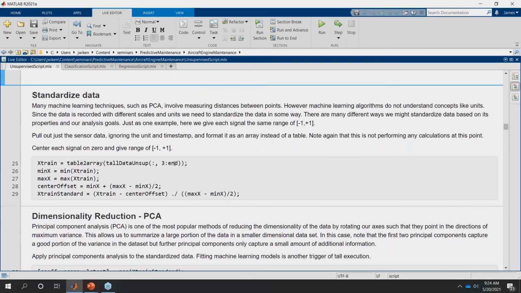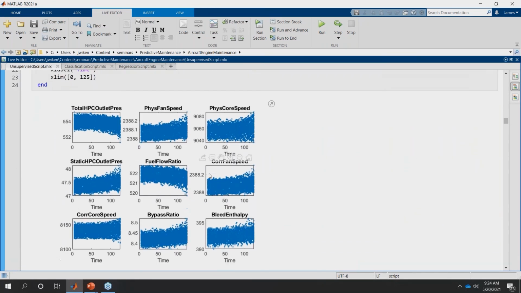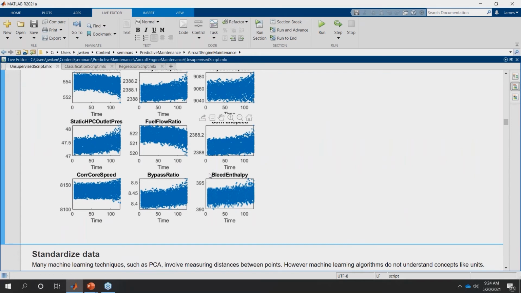Okay, so once we do that, we've got everything on even footing, and we did that because we want to look at these things in combination with each other. Right now, we're visualizing them all separately because there are so many of them, and it's difficult to make, in this case, a 9-dimensional graph, right? So